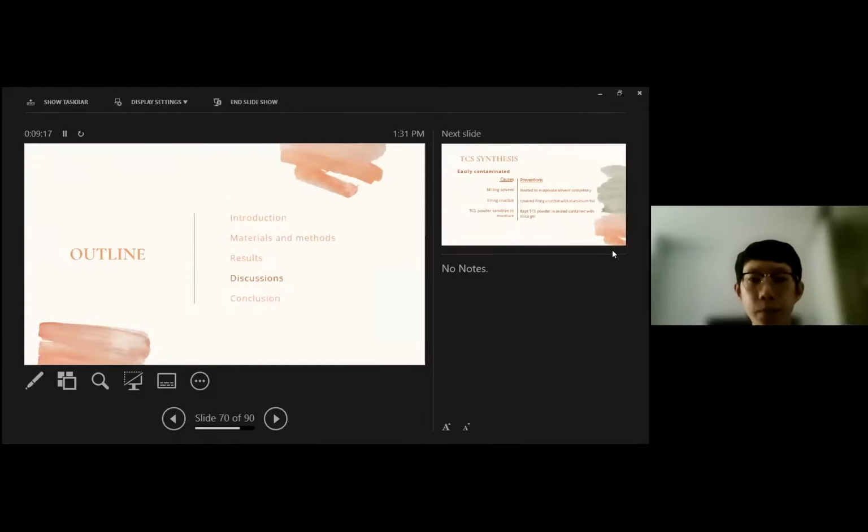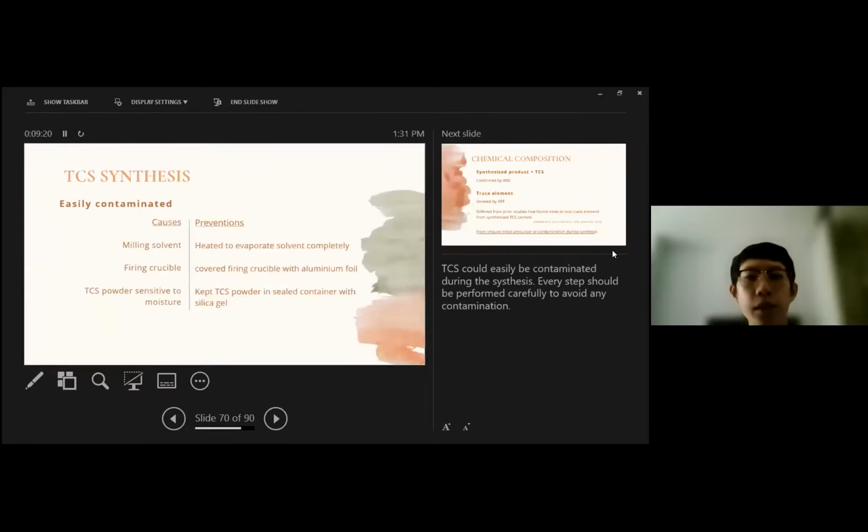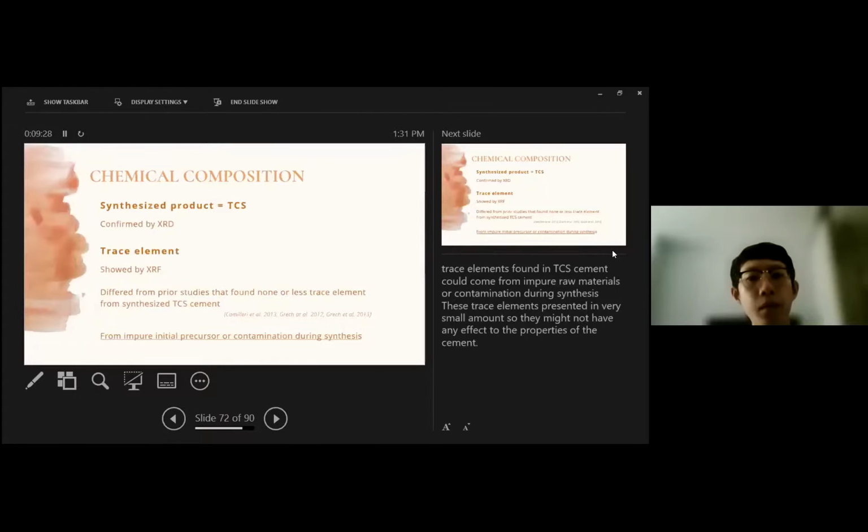Discussions. Tricalcium silicate could easily be contaminated during the synthesis. Every step should be performed carefully to avoid any contamination. Trace elements found in tricalcium silicate cement could come from impure raw materials or contamination during the synthesis. These trace elements were present in very small amounts, so they might not have any effect on the properties of the